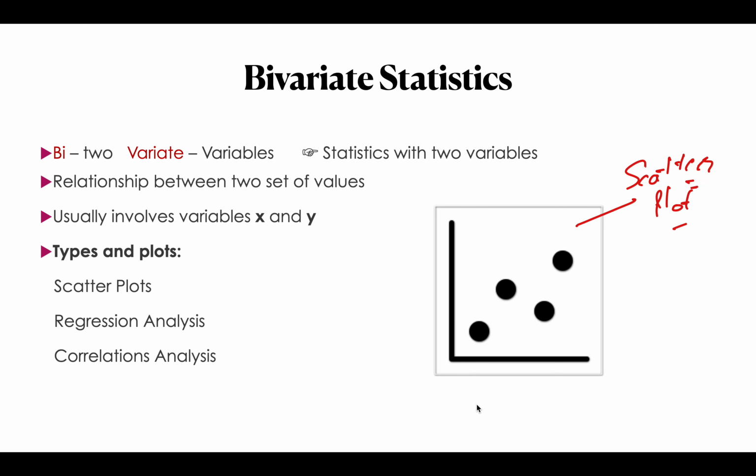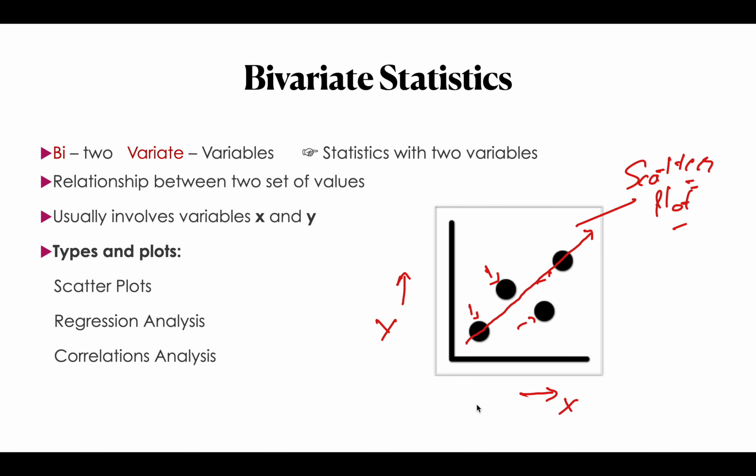So I can say that on this axis I have X and on this axis I have Y. And these are my various records. Okay, these are the 4 records. So I can see that there is a certain trend to this data. As my X is increasing, my Y is increasing. It's not that solid a trend, but that's why we are calling it a trend. Trend means how the data is moving, right?